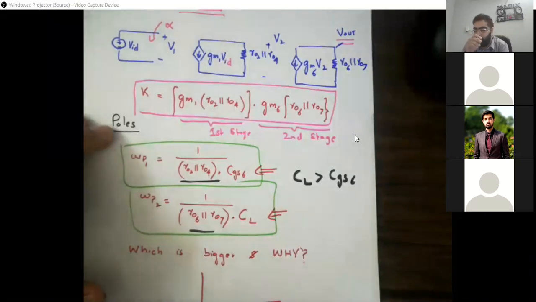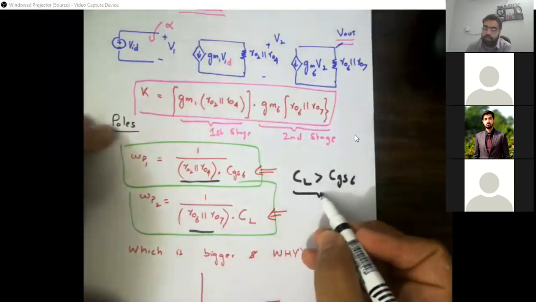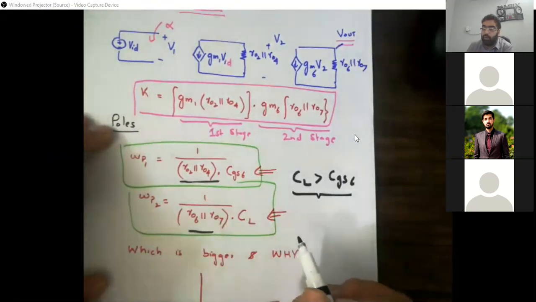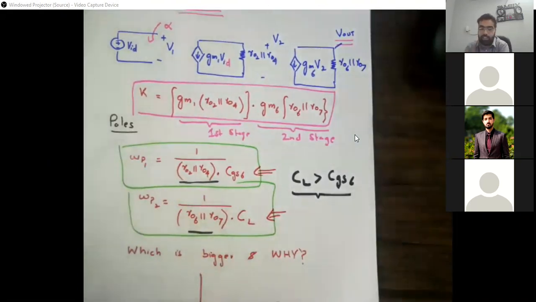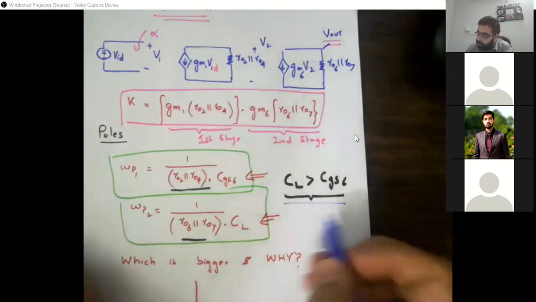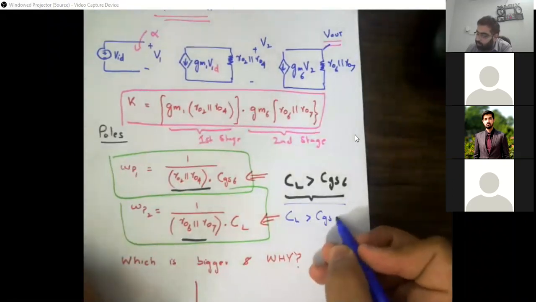तो अगर हम उनको same assume भी कर लें for our simplicity, there is another condition which we need to see. Is this a valid assumption कि जो load capacitance होगी that is a bigger value as compared to the CGS6, which is in reality a parasitic capacitance, वो inherited है ट्रांजिस्टर की, वो लोड कैपेसिटेंस नहीं है जो हम खुद place कर रहे हैं या जो लोड की वजह से आ रही है। So this assumption is 100% justified. The CL is going to be very much bigger than CGS6, so at least इन दोनों के दरमियान 10 टाइम का फैक्टर होगा।